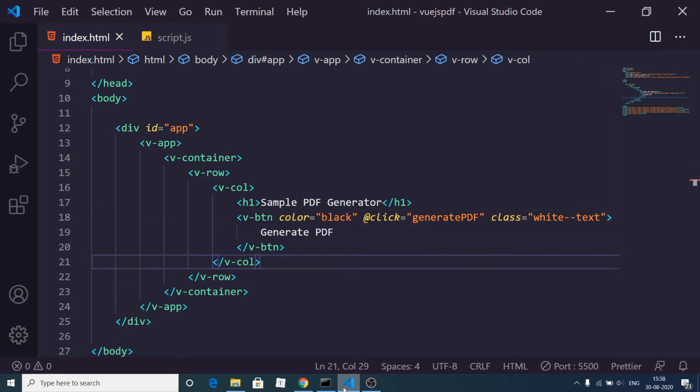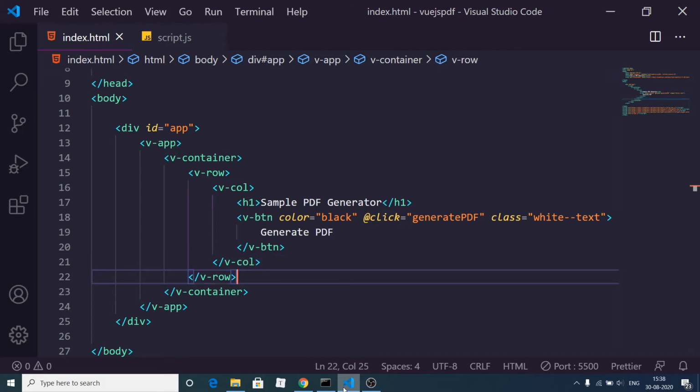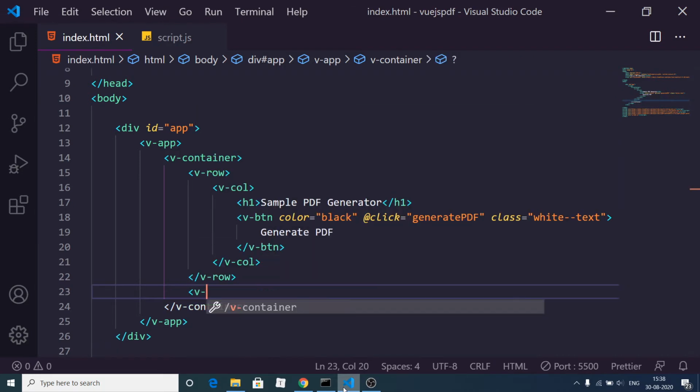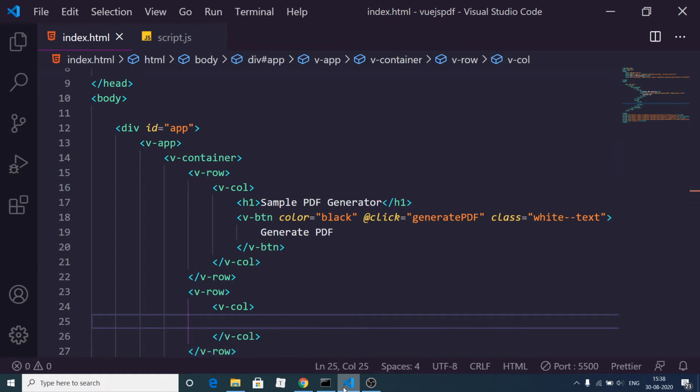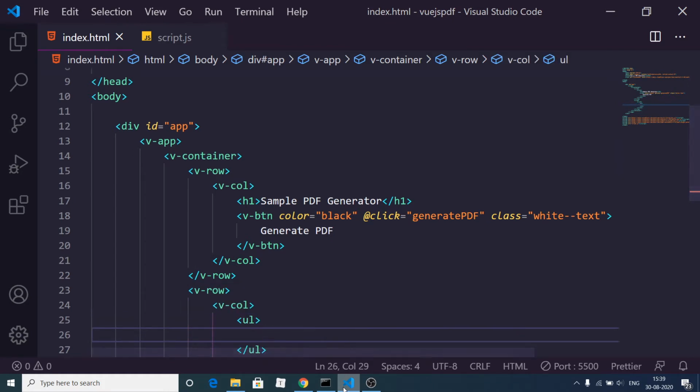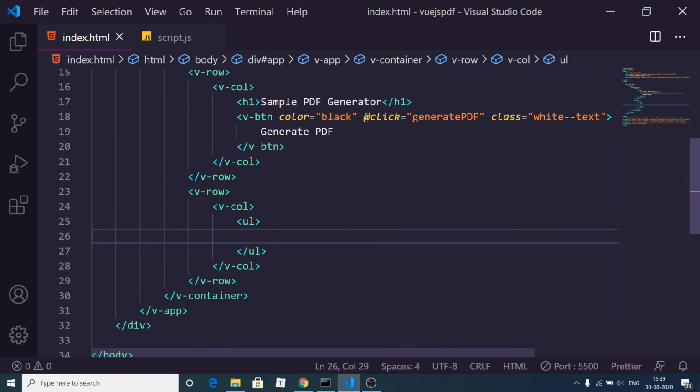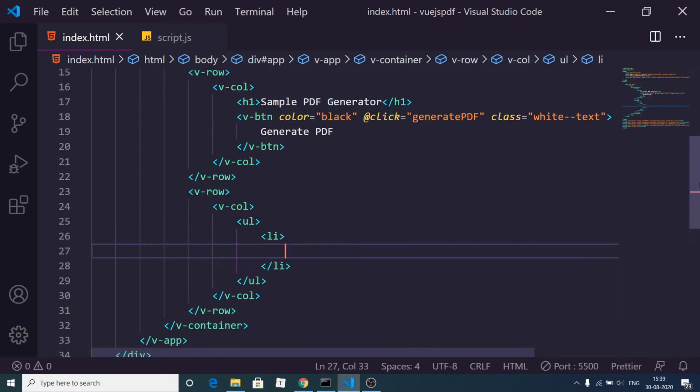After this, guys, we need to go out of the v row, and once again we need to have another row. Inside this row, guys, we will have a column, v column, and inside this column we will have a ul tag, unordered list, and inside this we will have 4 list items. So the first list item,